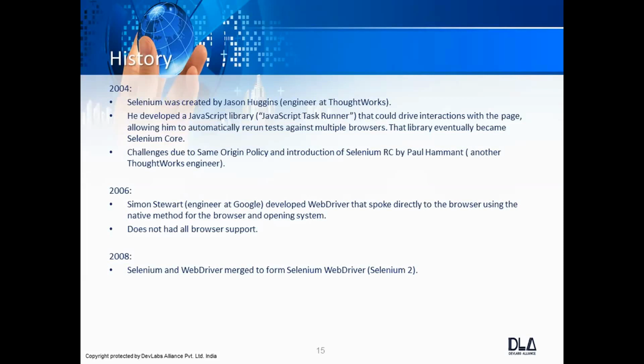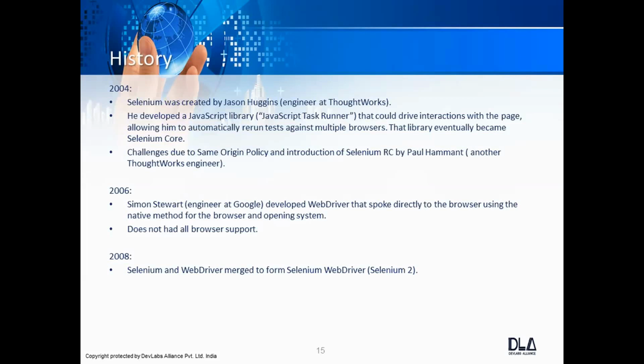The name he gave to the utility he developed was JavaScript Test Runner. Once that utility was done, he was able to save time and improve the efficiency of his testing.